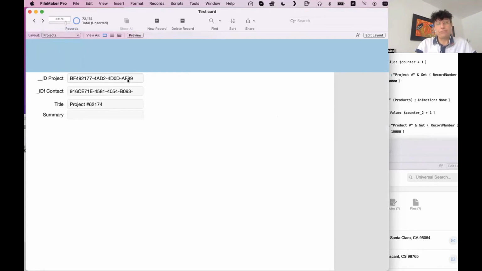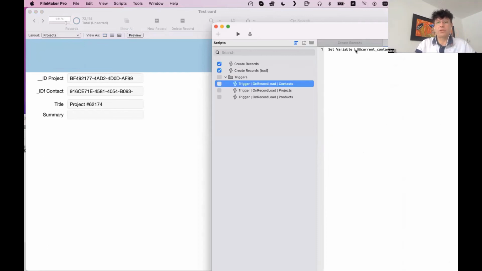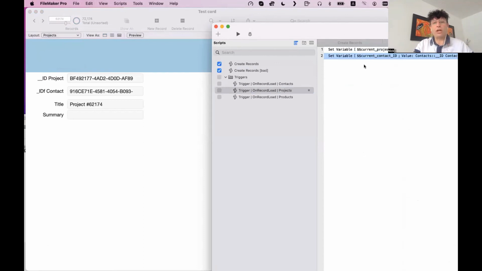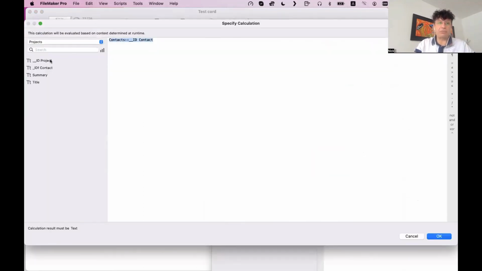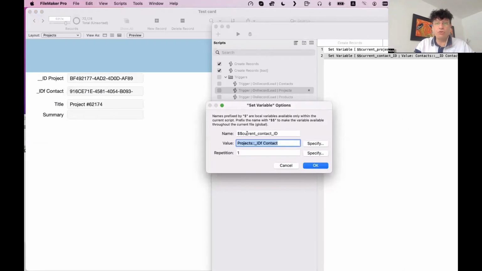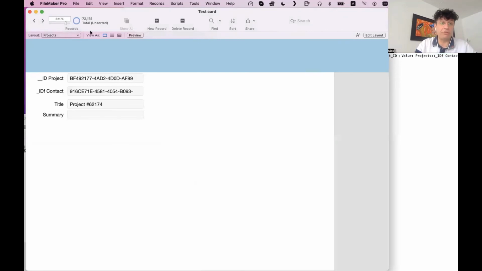So it's very simple. Let's say you want that possibility to happen. You just do this. You go to that on record load and you say, yes, I need the project ID, but also the foreign key attached to that project ID as the new current contact ID. So your problem is solved because now here